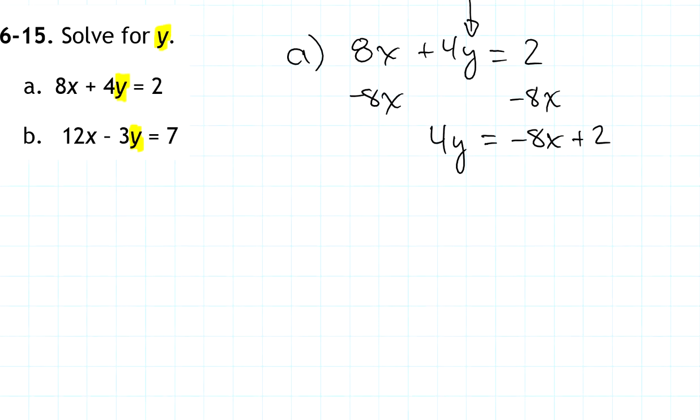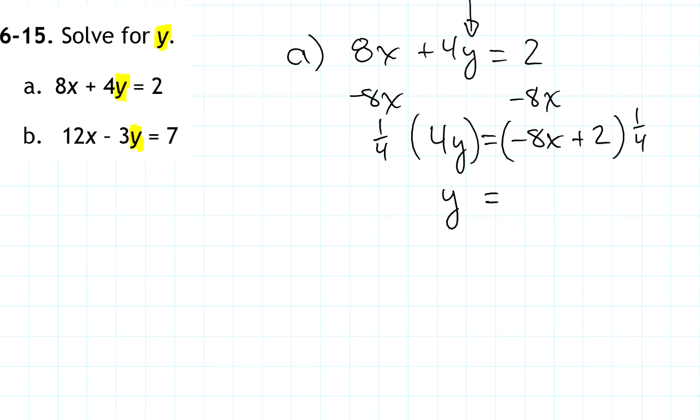Now I'm going to multiply both sides by 1/4, right? If you have equal things and you multiply by equal things, you get things that are still equal. So I know that, because of the multiplication property of equality, this is still true. 1/4 times 4y is y. And then when I distribute this 1/4 to each of the terms on the right-hand side,